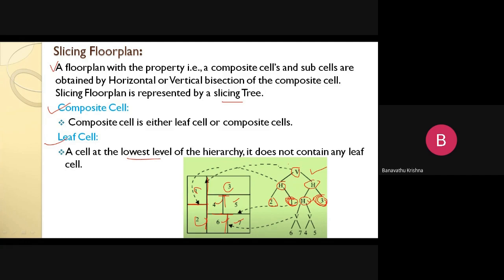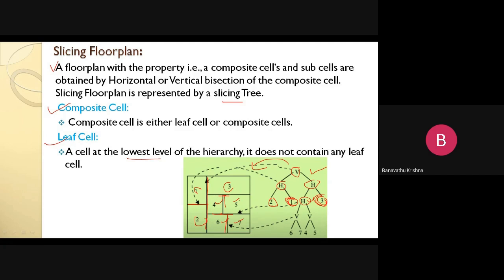So this slicing tree is represented in a floor plan. This is the slicing floor plan, right? Let us carefully observe how this slicing tree is placed in our floor plan. Okay, vertical line, horizontal line. Modules 2 and 1 are in a horizontal connection here. Okay, and 6 and 7 is a vertical connection. 4 and 5 is a vertical connection, and then vertical with vertical is connected with the horizontal, right? And the horizontal with the horizontal here. This is the horizontal arrangement. 3 and 4 with the horizontal.